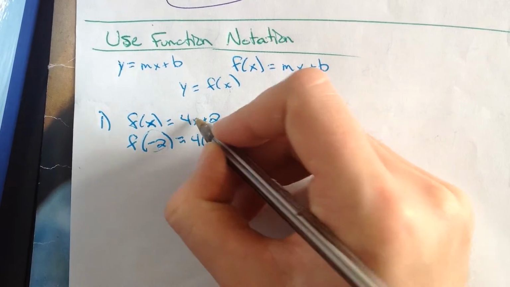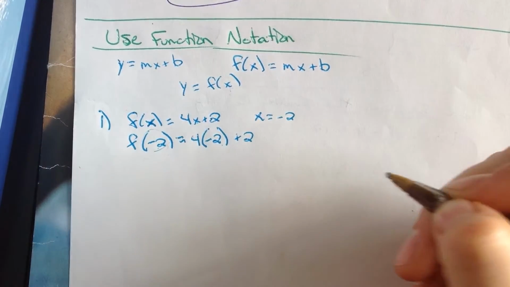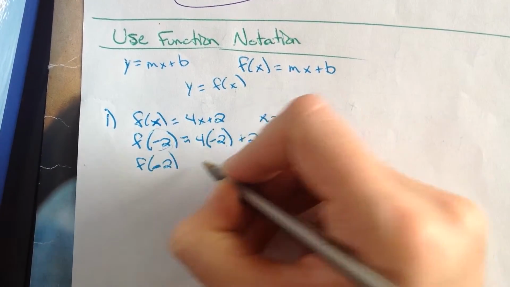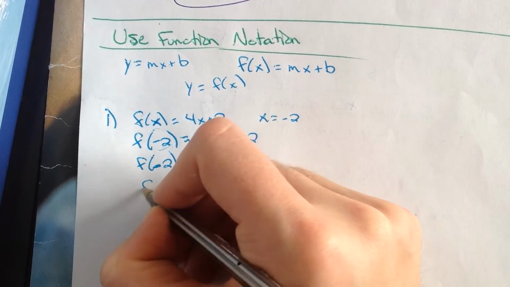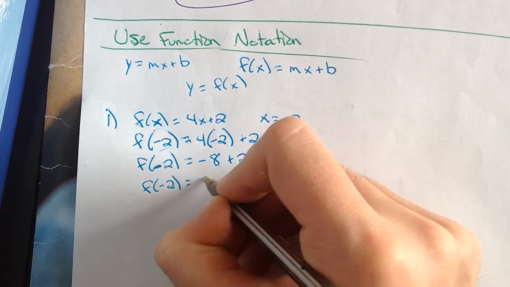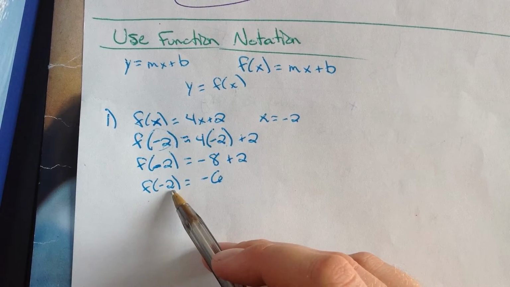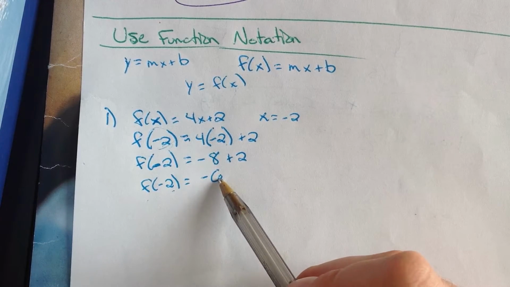So we get 4 times negative 2, plus 2. So the function at negative 2, plugged in for x, is equal to negative 8 plus 2, or is equal to negative 6. So the function applied at the value of x equals negative 2 is equal to negative 6, and we've used function